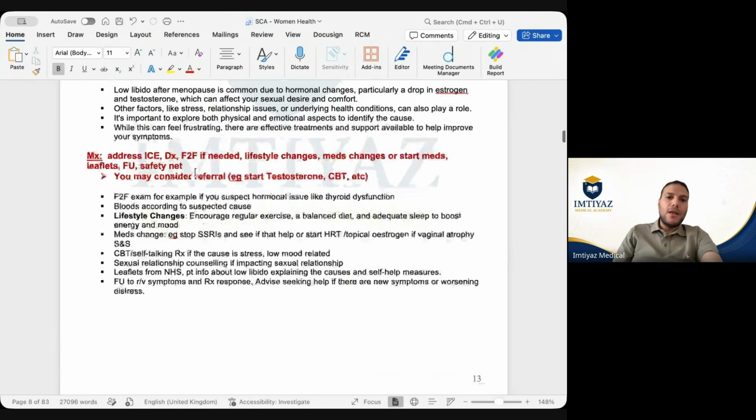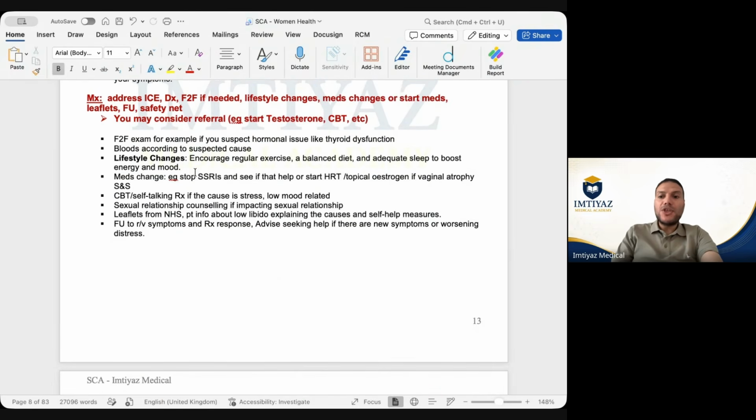Okay. And sometimes even changing the HRT from the oral form to transdermal form can increase the endogenous level of testosterone. So it is also one of the options. So sometimes changing the HRT, if she was on HRT, coming with low libido,